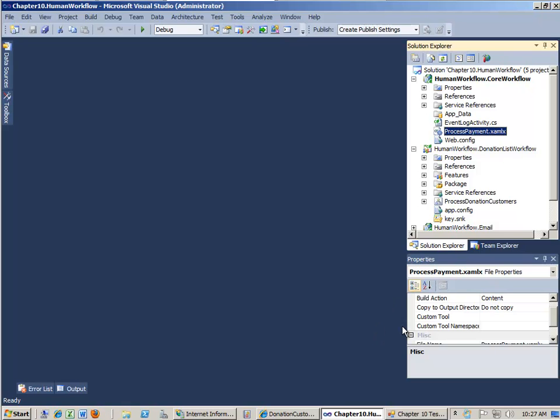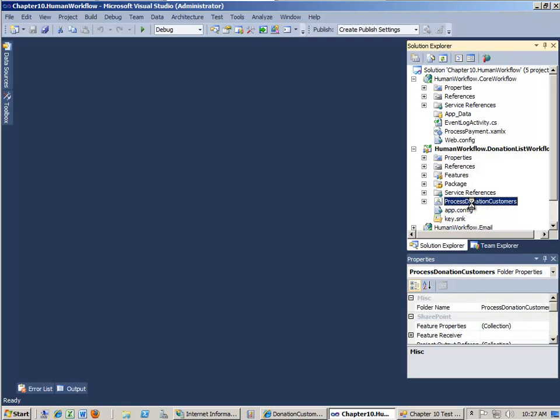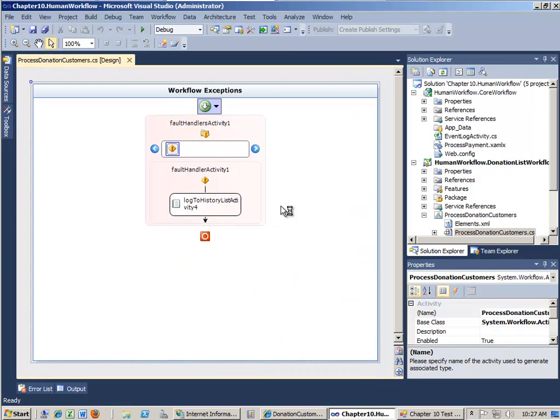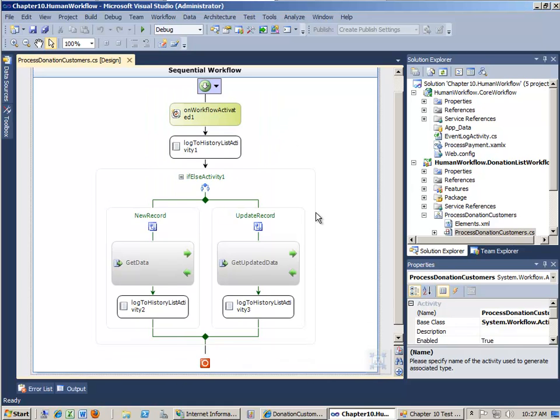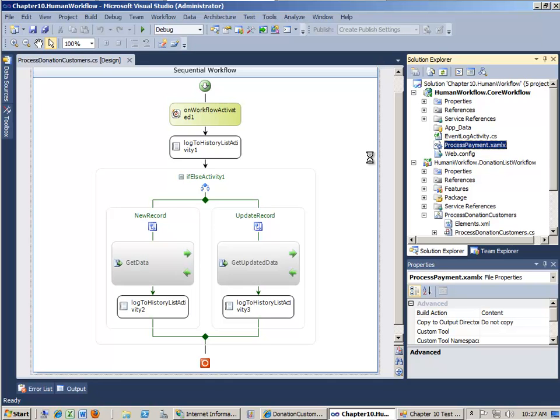This code is all available for download. Even if you haven't purchased our book, you can still download the code through biztalkgurus.com. But I'm just going to walk through this really quick. Here's the donation list workflow, and this is a workflow 3.5 workflow, like I said before. This is showing the exception process, and here's the sequential workflow where we basically have logic for a new record versus an updated record. And then let's take a look at the process payment workflow,